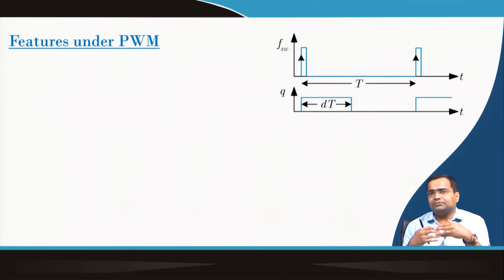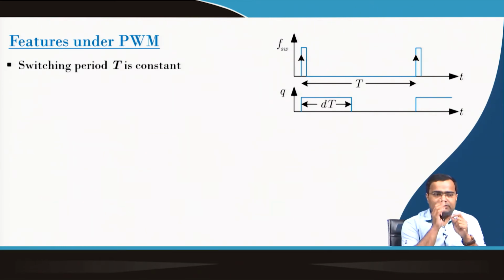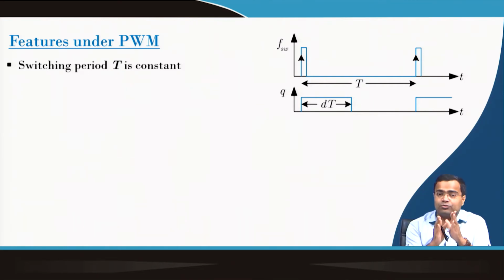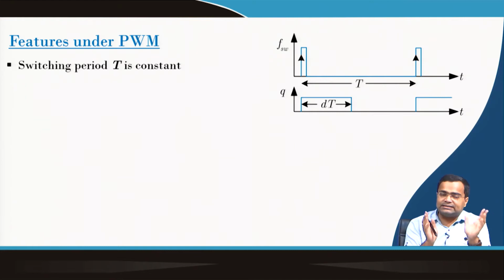And what are the advantages? One of the advantages is that the switching period is constant. If the switching period is constant, then the switching frequency is constant. So, for the power converter, we can compute the harmonic distortion, that means the harmonic content corresponding to the switching frequency. If the switching frequency is fixed, the harmonic frequencies will be fixed, that means the second harmonic, third harmonic will be located at fixed values. And then we can design the input filter in order to attenuate the harmonic power content, because we want to achieve maximum power at the DC component, because it is a DC-DC converter.